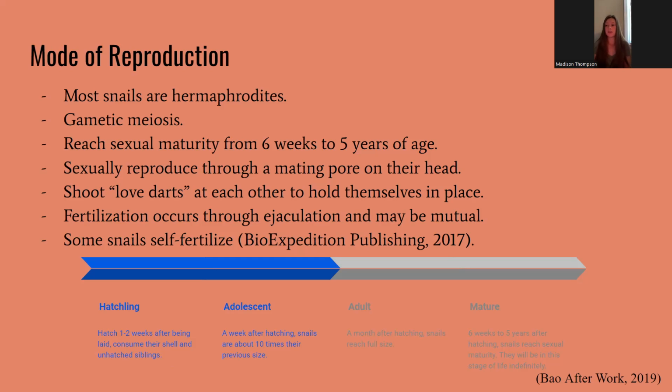And they'll do this when they feel that the environment is best suited for their young to proliferate. Some snails prefer to not go through this process, and they will self-fertilize, which they are capable of doing, but it's still gametic meiosis because they still have the sperm cell and the egg cell, because they have both male